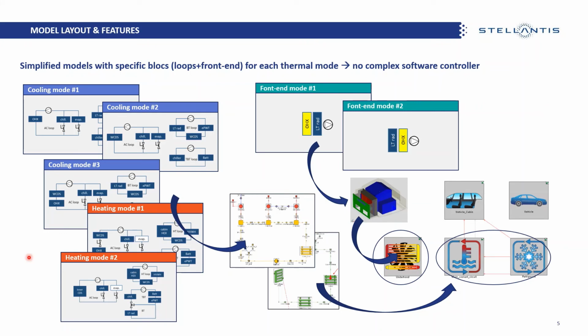On this model layout and features page, we introduce the simplified modeling approach. On the left side, you can see different types of thermal modes, including different ways to transfer heat, for example, direct or indirect transfer for AC loop with a direct condenser or a water condenser, and in this case the heat from the AC loop is transferred to coolant and then to the external air through a